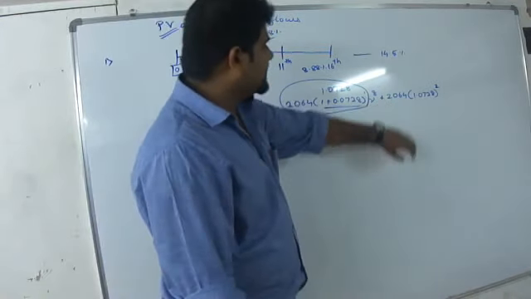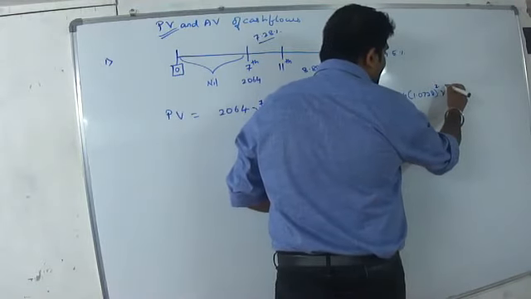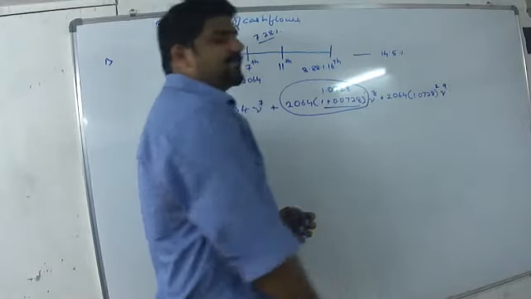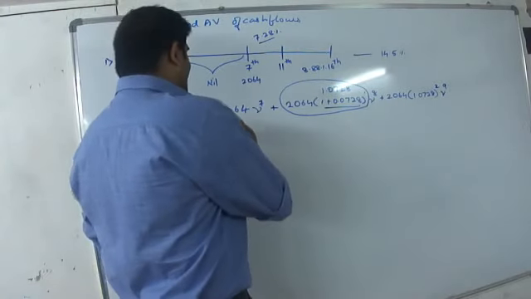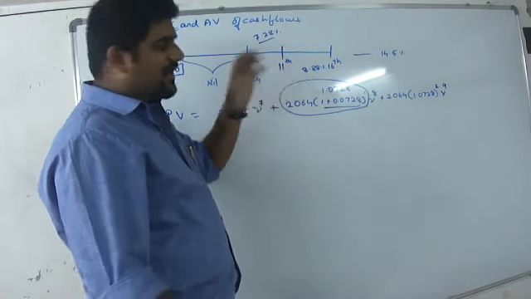Now, which year is this? This is the 9th year. So I will have to apply a discounting factor to the power 9. Okay? Let's see, up till when will this continue? This has to continue till the 11th year. Now let us try to see.